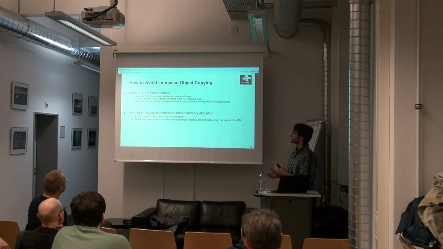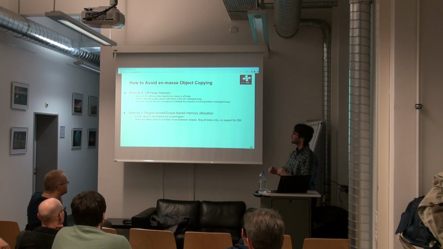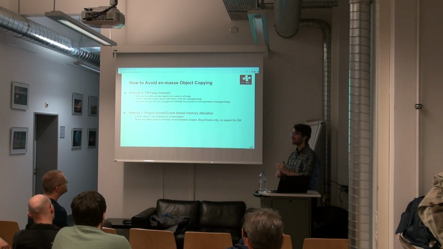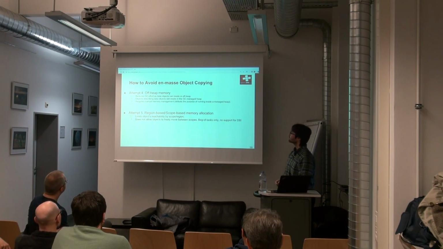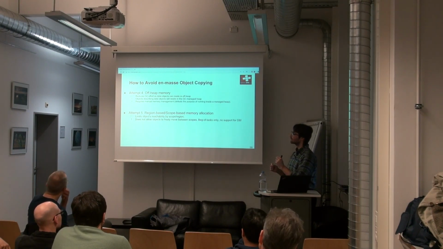You can use some region-based or scope-based memory allocation, which is kind of similar to Rust, but it's not the same thing. They just verify that the object is going out of the scope, and they don't even allocate it in a memory heap. This has the problem that if you want to support more dynamic or more complex things where objects need to escape out of the scope of allocation, this can be trickier.